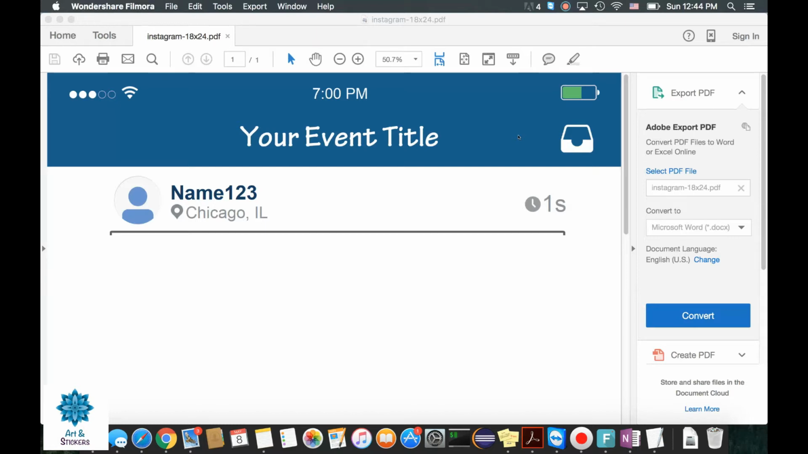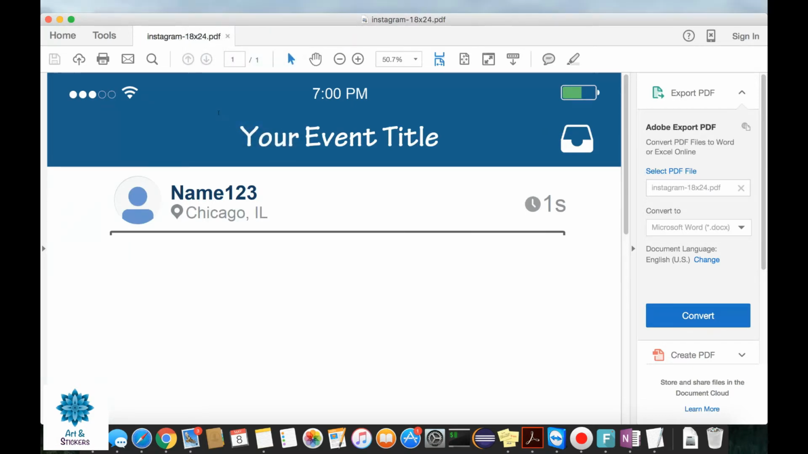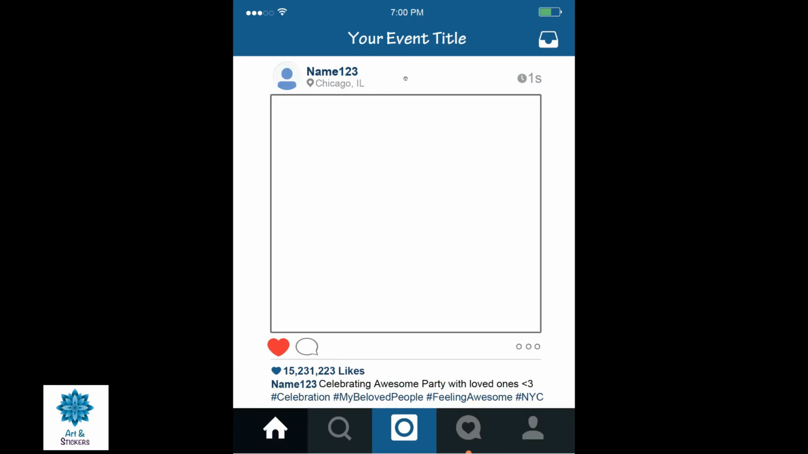Now, one more thing you guys can do is go on the full screen mode. It's always good if you go on the full screen mode from here, from View, full screen mode. This way you can edit and see the full picture. It makes it much easier for you to know what you're typing. For instance,